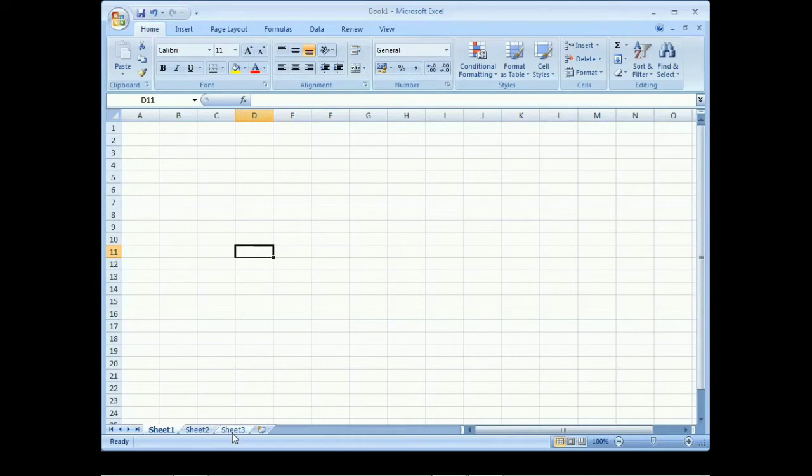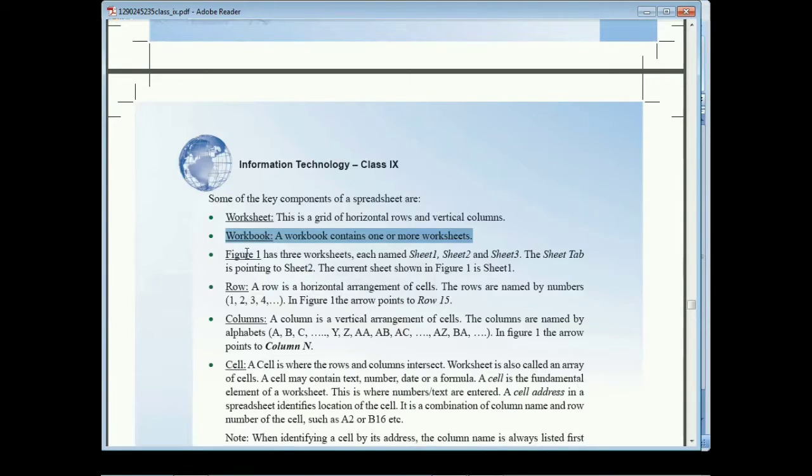By default there are 3 sheets in one workbook. And if you want to insert more, we can click on the insert worksheet option, right? So a workbook contains one or more worksheets. Now the next is a row.